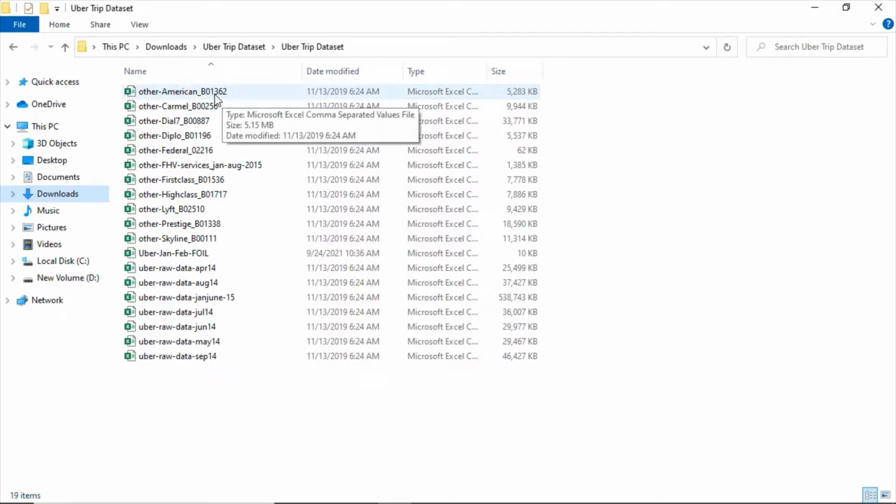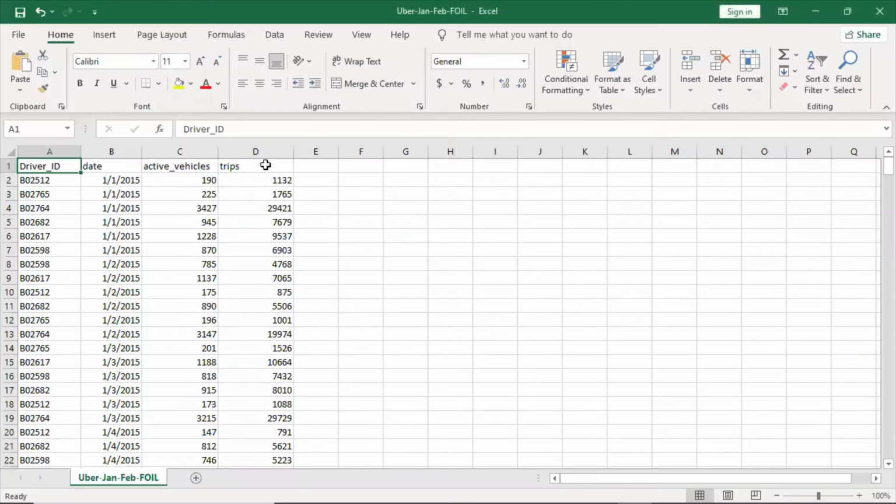You can see here Microsoft Excel comma separated value file, which is the CSV file. I selected this file to do the analysis. So let's start.